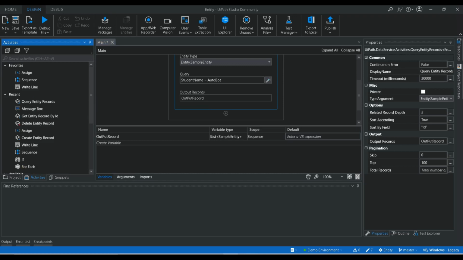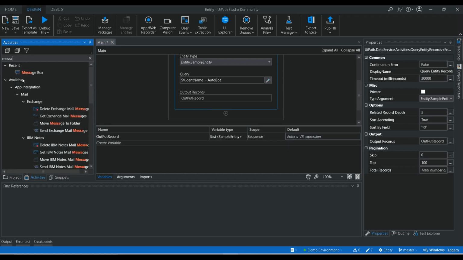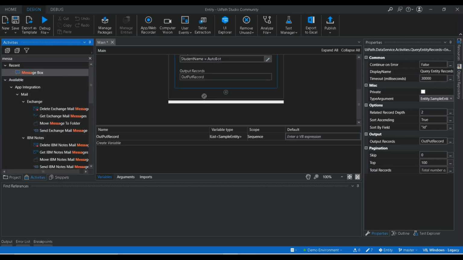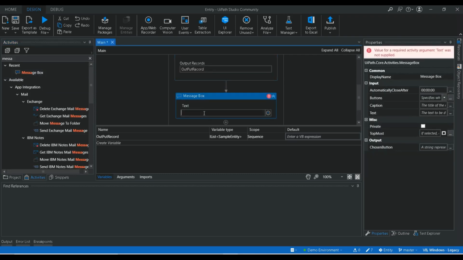I'm going to use a message box again. Drag and drop this activity. Output record of 0 dot, okay, what I need to get, student name, updated by.